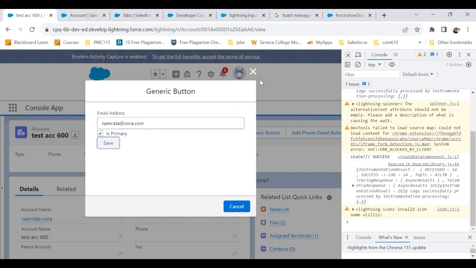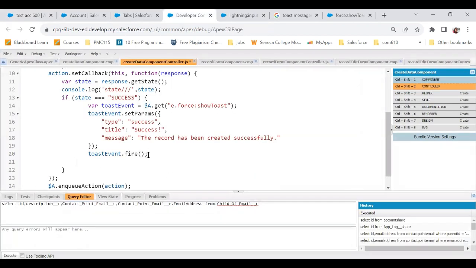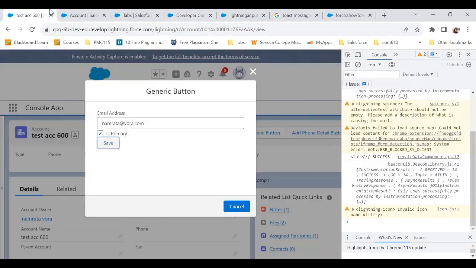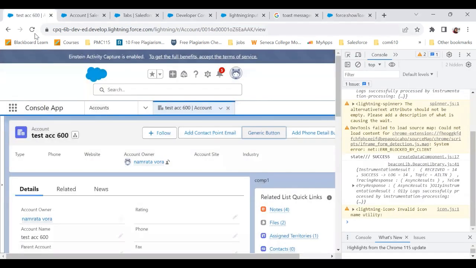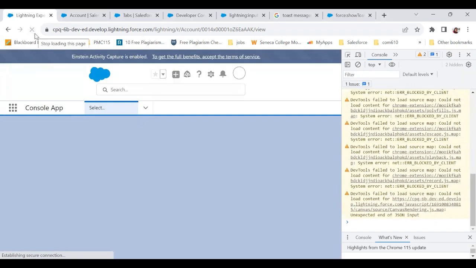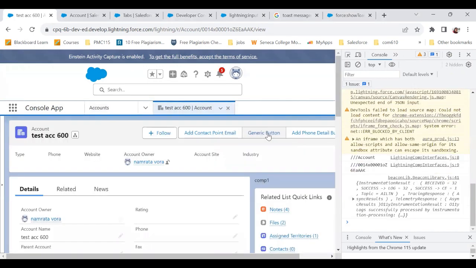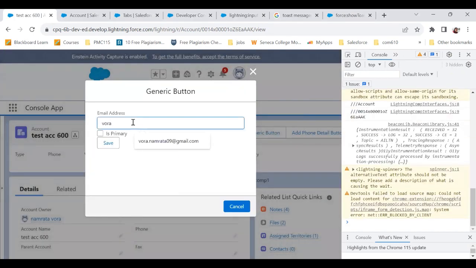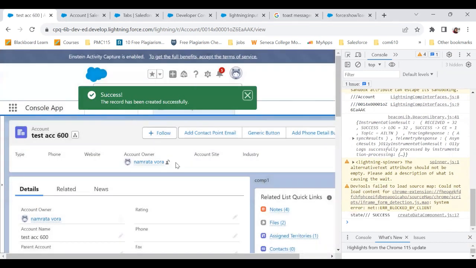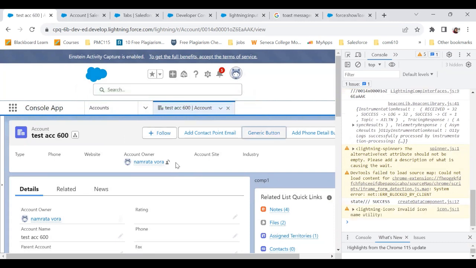Now I want to close this component as well. For that, we have this simple line of code which says close quick action. So let me refresh. Now the quick action also got closed. So this is how you use Apex, you use toast messages, and you use other things like close quick action